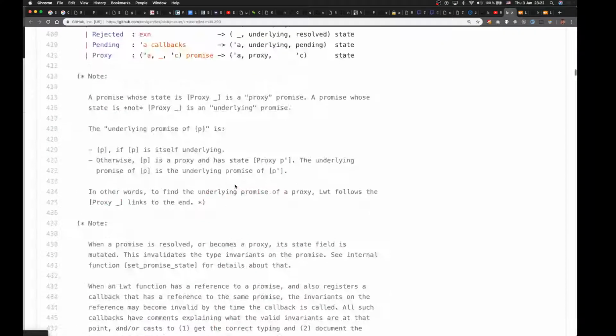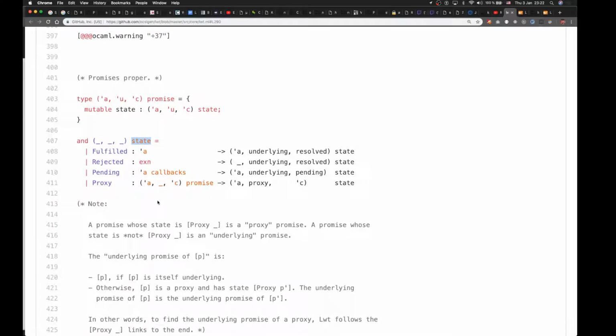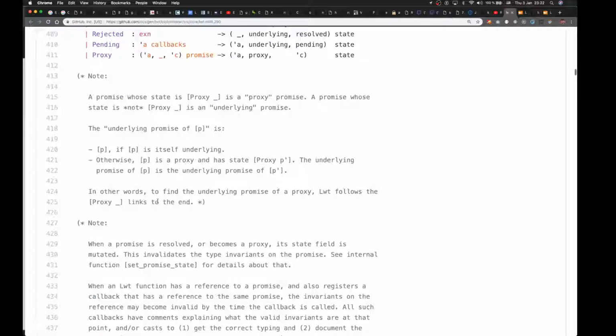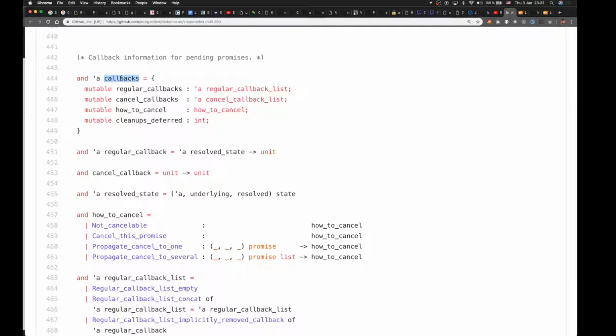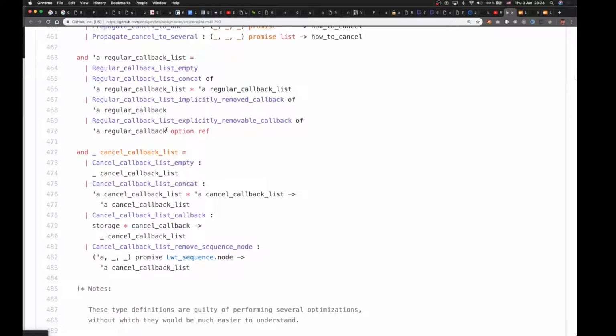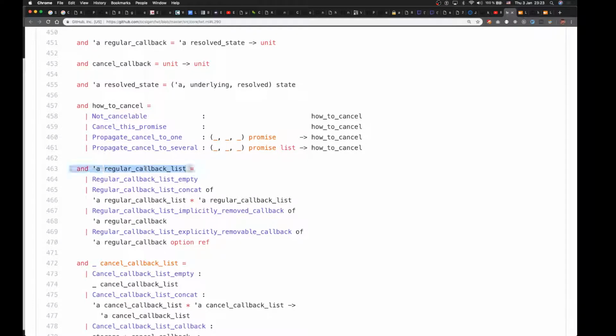Alright, so it seems that the main module types just defines the GADT that represents the state, which is the one that we were seeing in the blog posts from the forums. And it has a record of mutable lists that encodes the different callbacks. And the callback list itself, I can't seem to find yet. Yeah, here it is. It's essentially when cancel callback list is empty. These are just cancel callback, regular callback. There you go. These are just regular variants